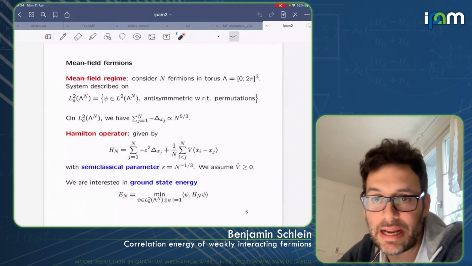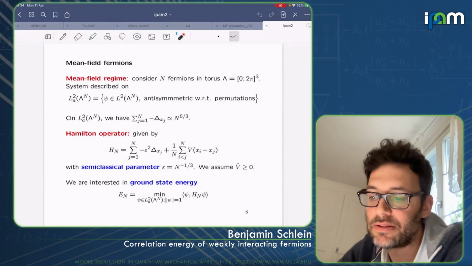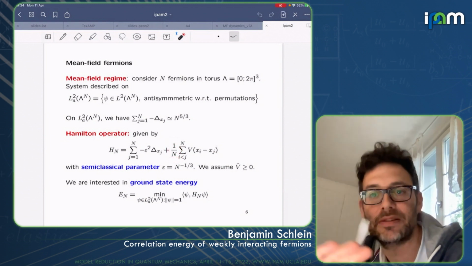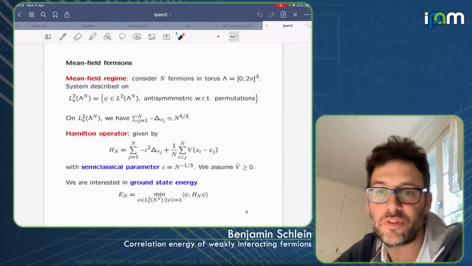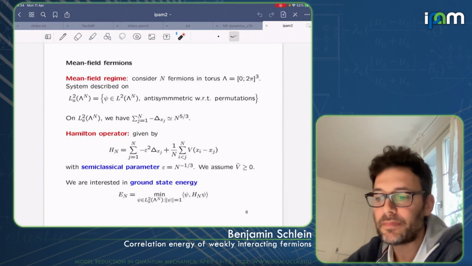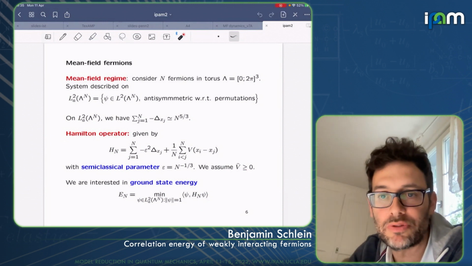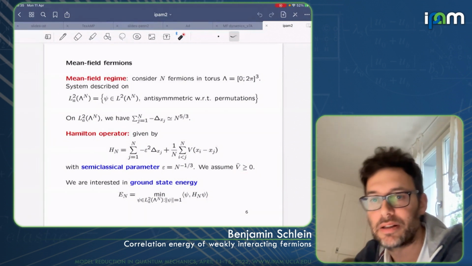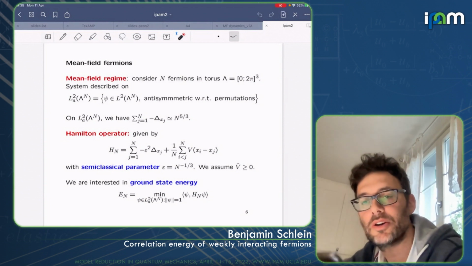The potential energy, on the other hand, is the same as for bosons, right? I want the potential energy to be of order n, so I have to rescale it with 1/n in front of it. Okay, so with this choice, which I'm going to make for the rest of this talk, kinetic and potential energy for these systems are typically of the order n. Good. And maybe I should also point out that there are more precise assumptions coming on, but remember that we are looking at the case where the potential is of positive type, meaning that the Fourier transform of the potential is non-negative.